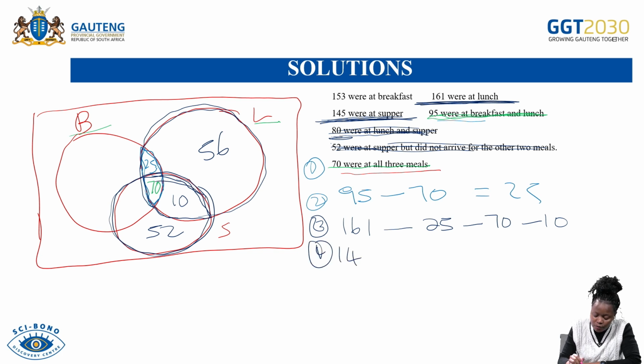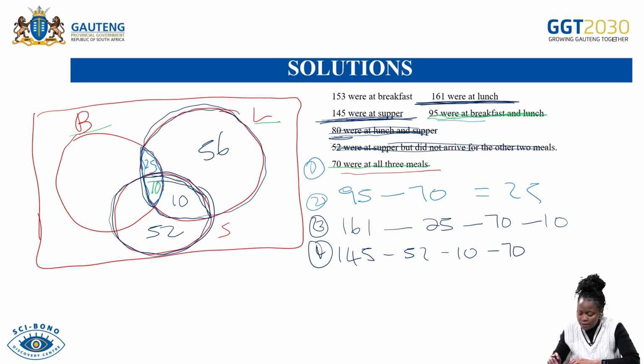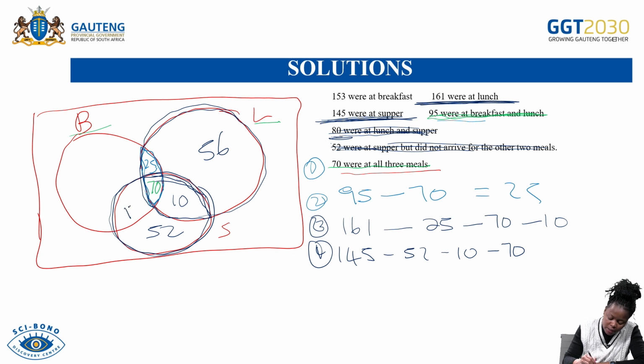So you say 145 minus 52 minus 10 minus 70. And what are you getting there? You get 13. So it means you only had 13 that had the breakfast and the supper